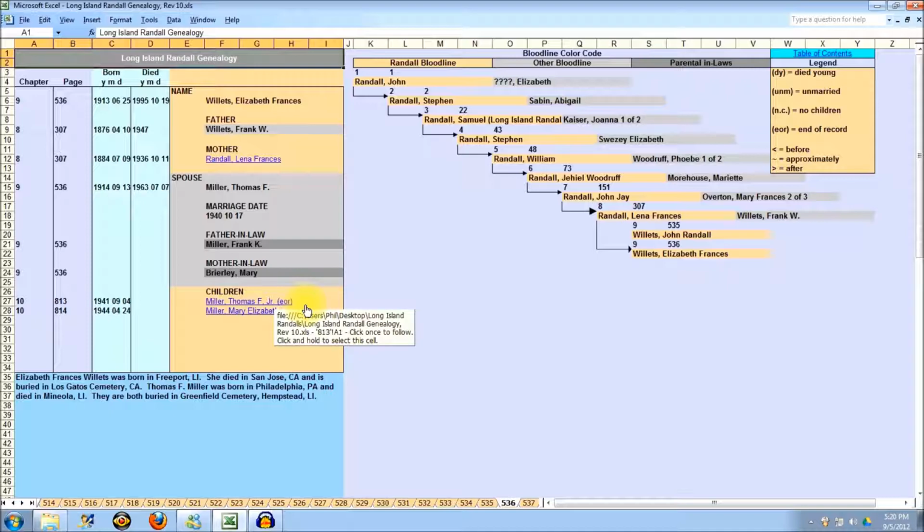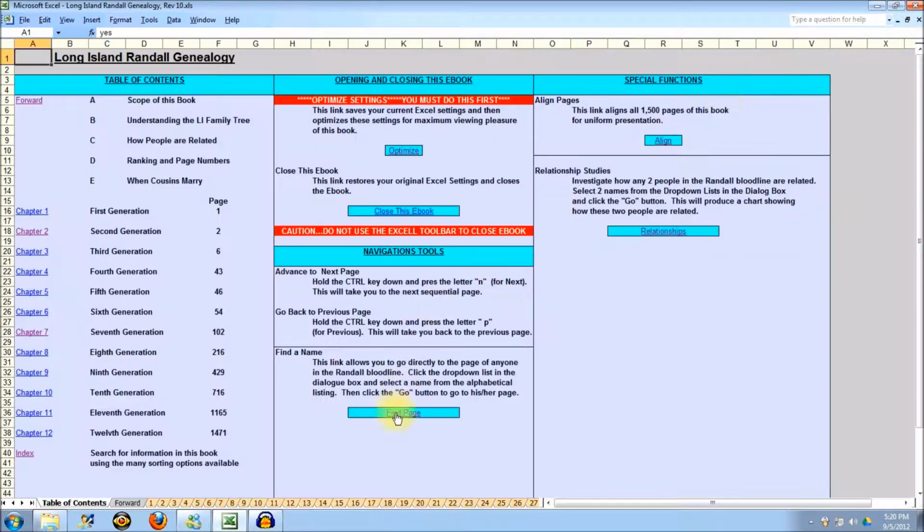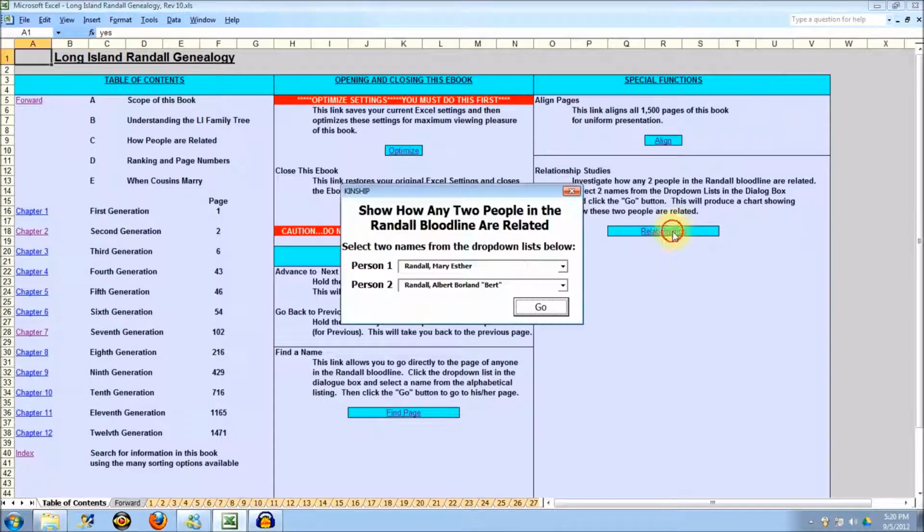Before I leave this problem, I'm just going to make one final check to make sure that these are my second cousins. I'm going to take the case of Mary Elizabeth Miller, and I'm going to go back to the table of contents and run her through the relationship function. I'm going to enter her name, Miller, Mary Elizabeth, and in the second box I'll put my own name. Hit the go button,